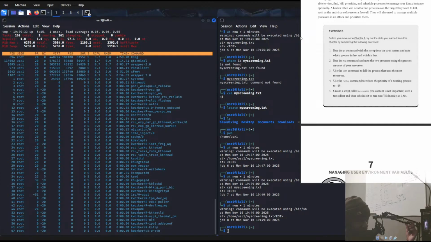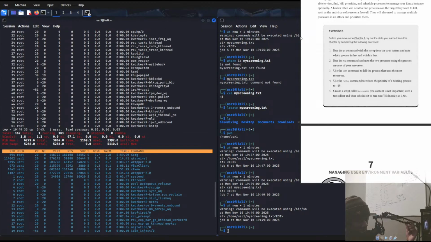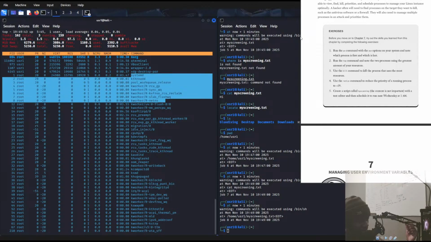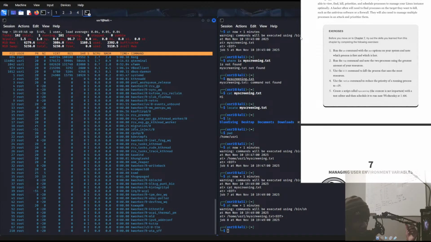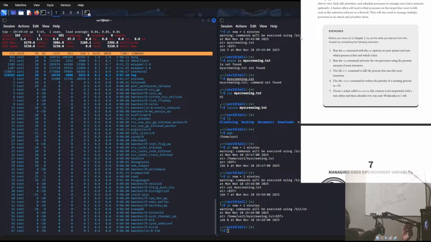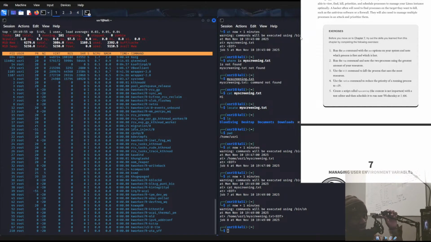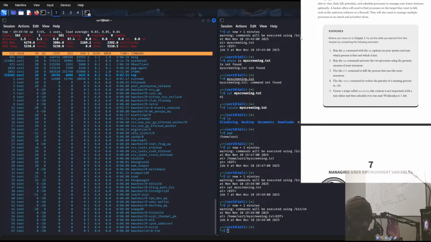We had some, yeah, exactly at 7:49, we had something happen in the terminal, but it did nothing. Nothing appeared. It did show that something happened in the terminal, but I don't know